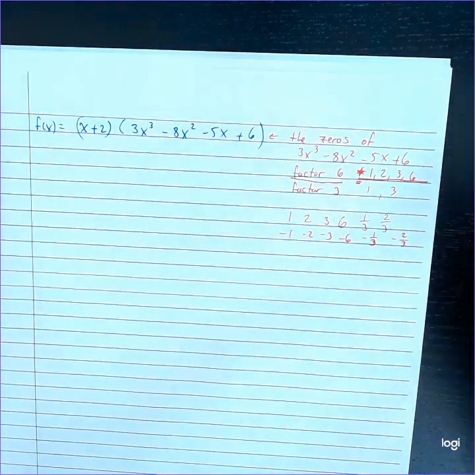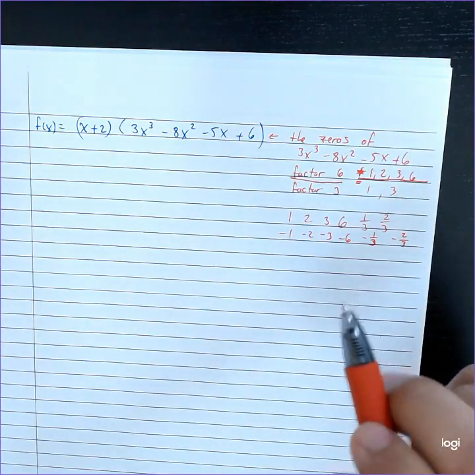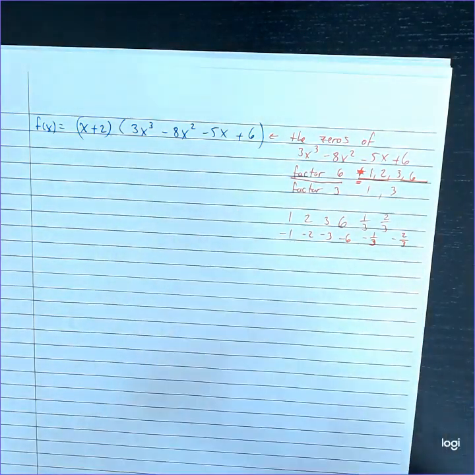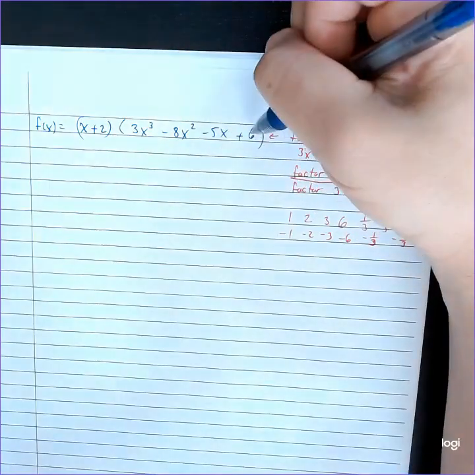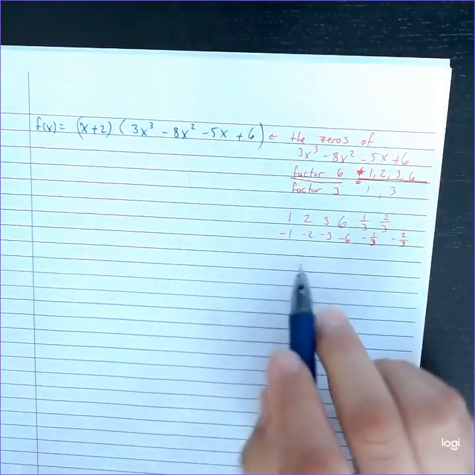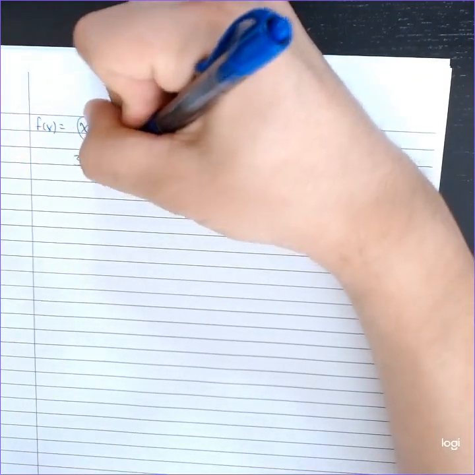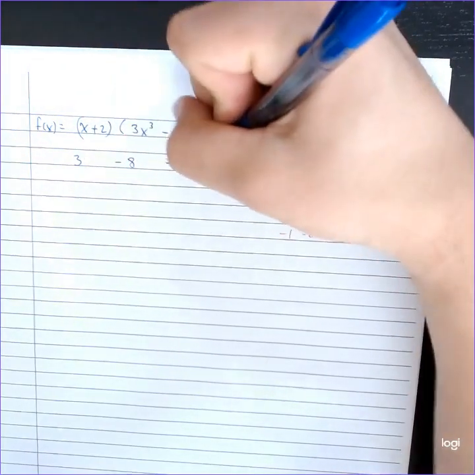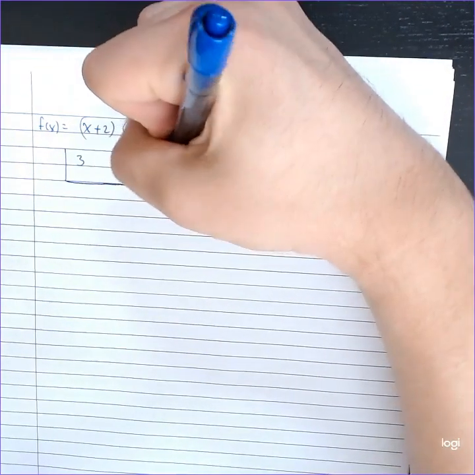All right, so we're going to go ahead and give that a try. We have, let's see, what is that, 6? We have 12 possible zeros of this. So we're going to go ahead and pick and continue on trying. So we're going to take this polynomial, and we're going to divide synthetically by these to see which ones work. I'm going to take 3, minus 8, minus 5, and positive 6, and we're going to divide synthetically by,